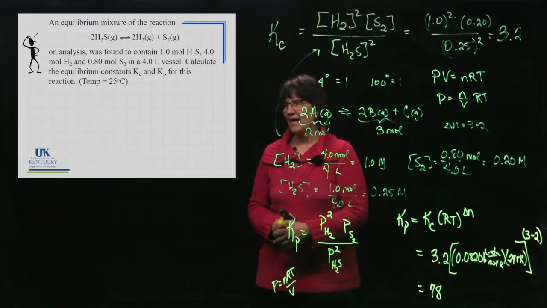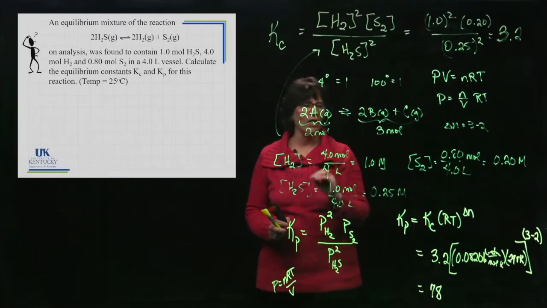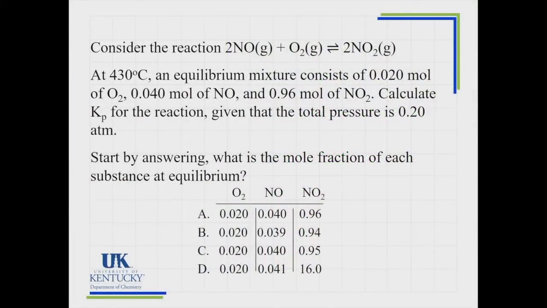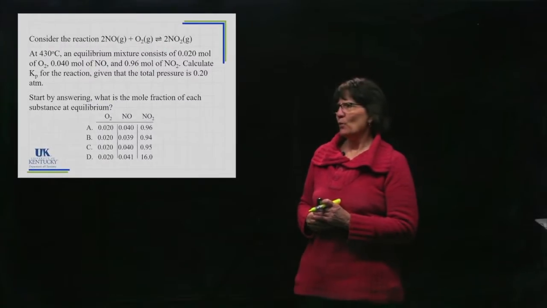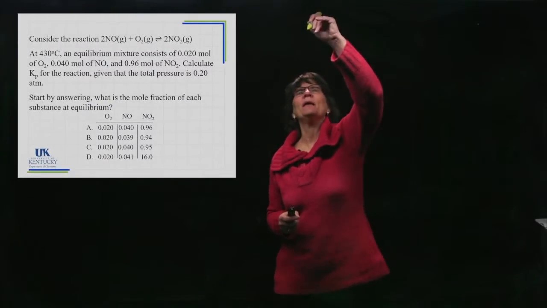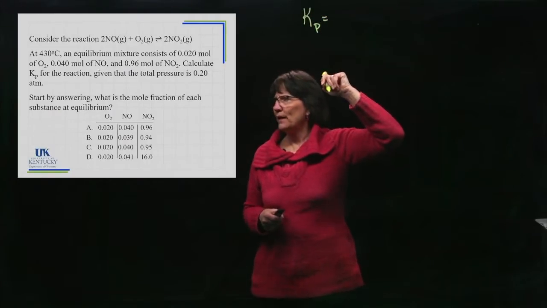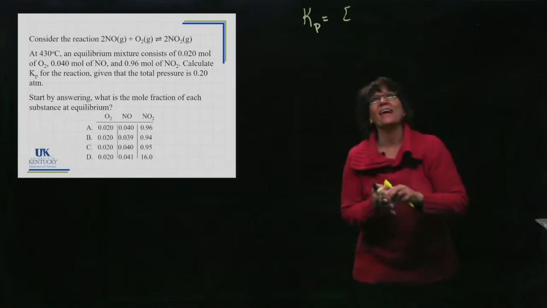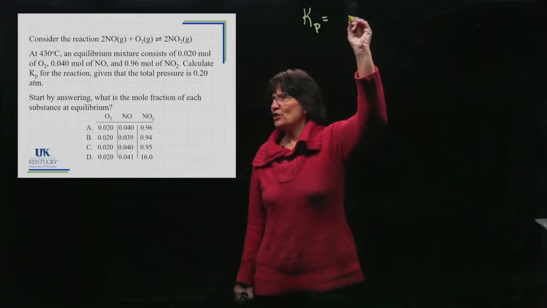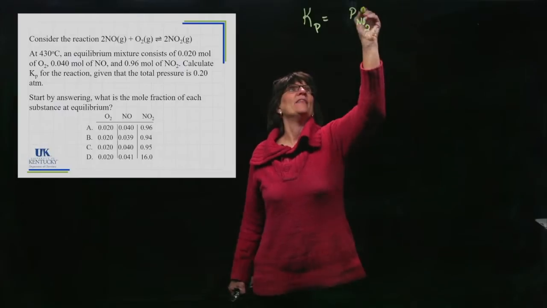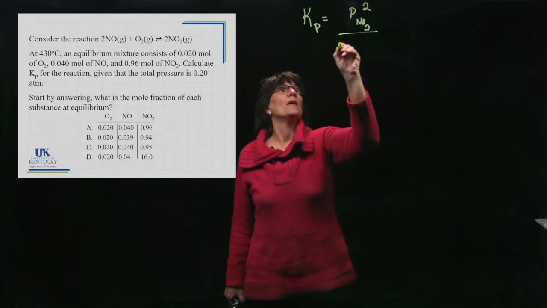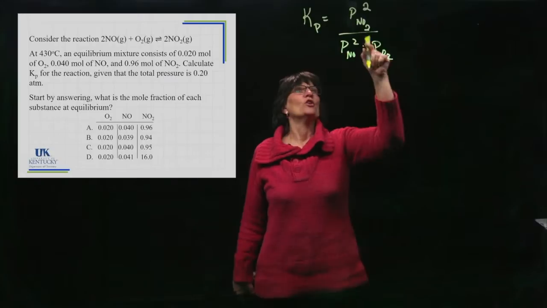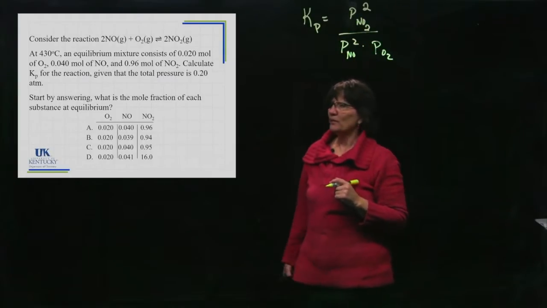So you need to be able to take equilibrium information and obtain a K value, whether it's a Kc value or a Kp value. So in this problem, we are going to calculate Kp. We know that Kp for this problem would be products, oops, we don't want square brackets, we want a P instead. So let me get something to erase with. There we go. I want the pressure of NO2, squared, divided by the pressure of NO squared times